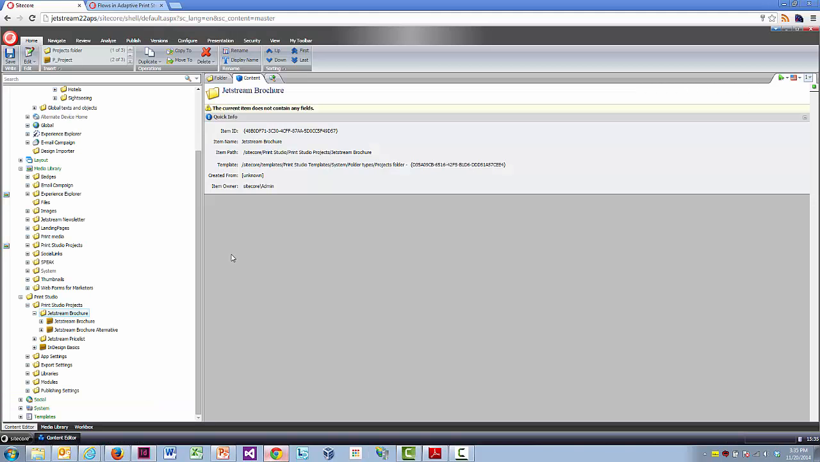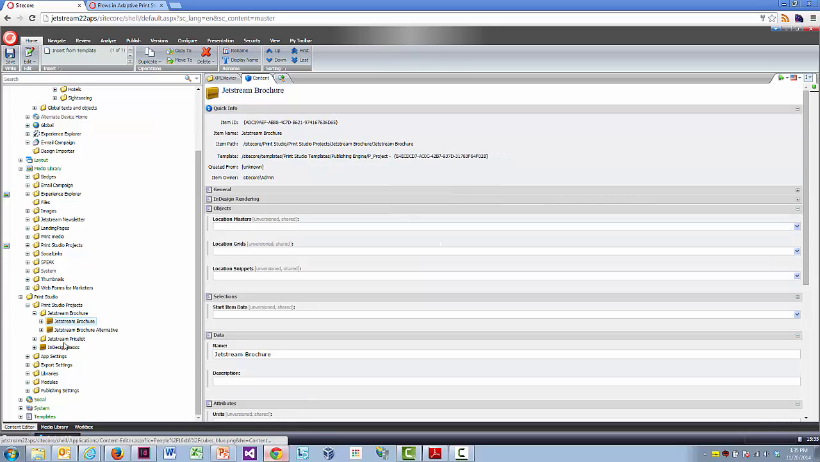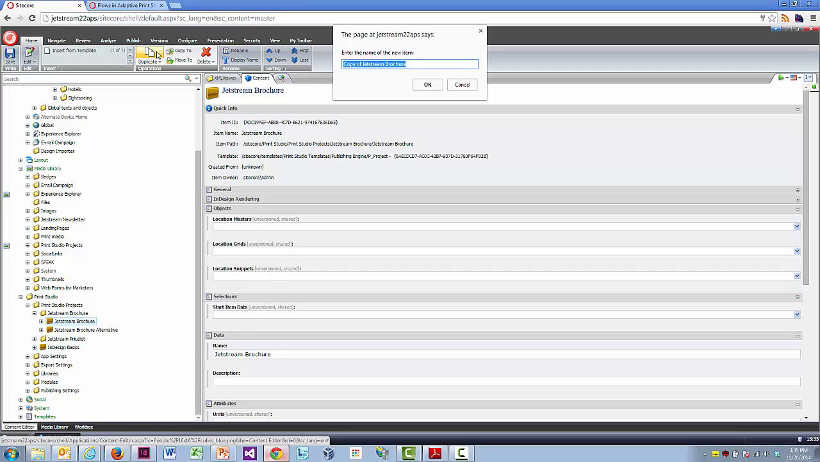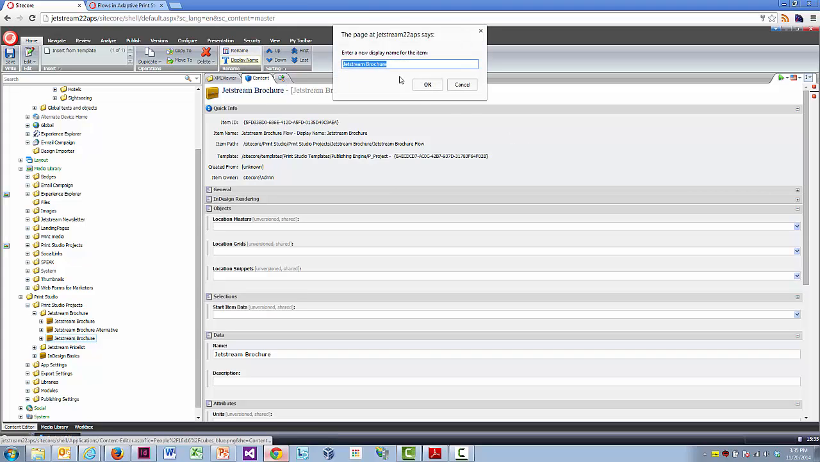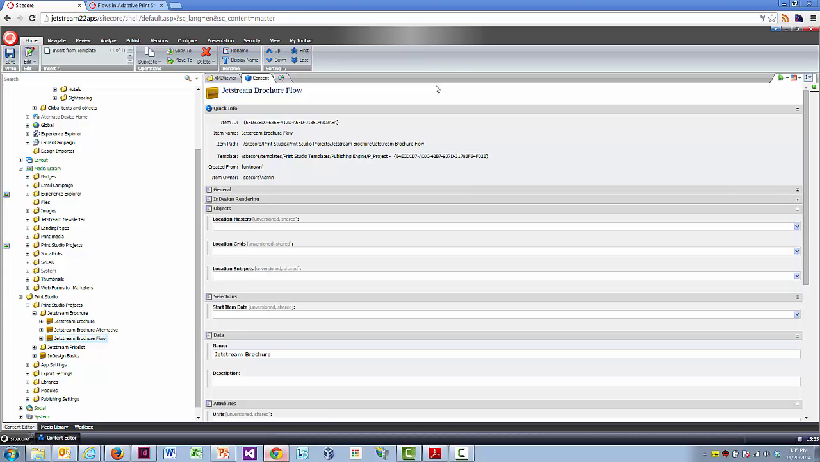Step 2 is to take the existing Jetstream brochure PXM project and make a duplicate of it. I'm going to call this Jetstream brochure flow. I'm going to change the display name as well to be in sync. And there's 2 things that I need to do on this document. The first is